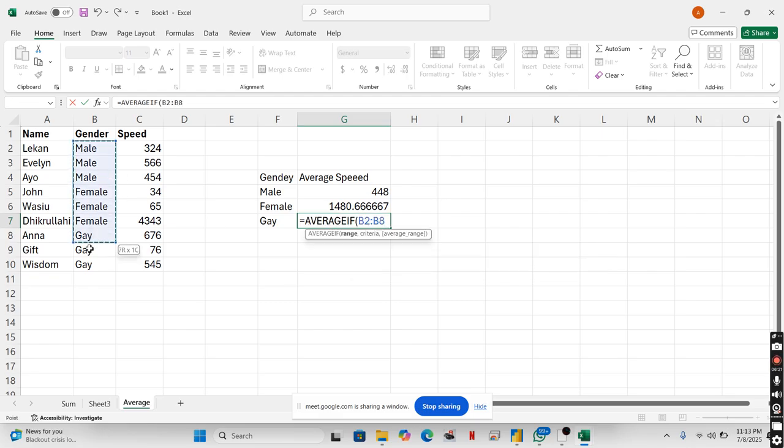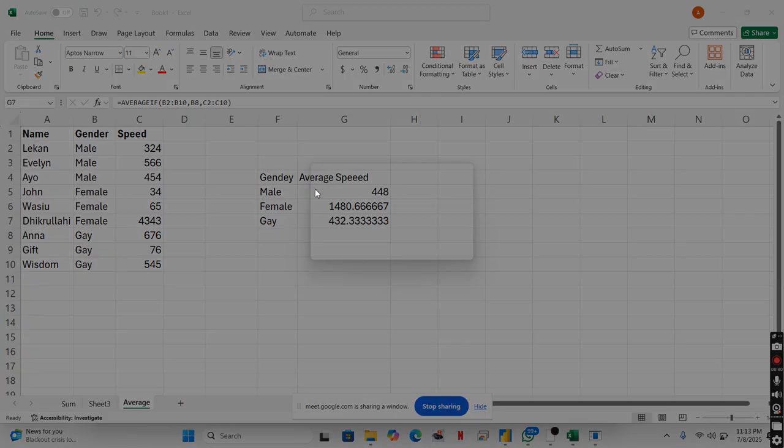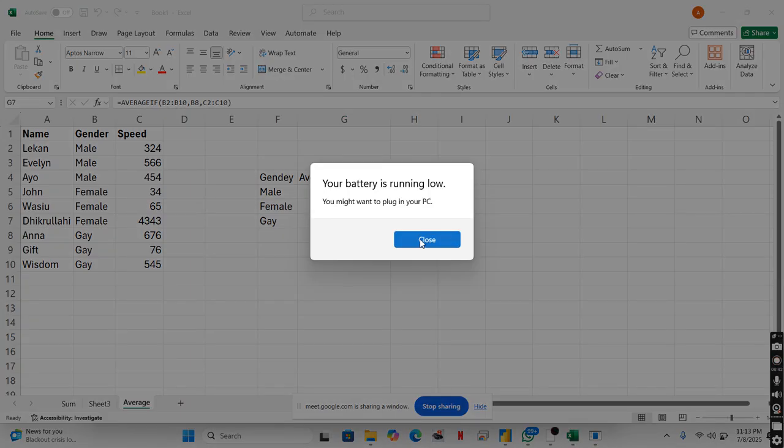Range, comma, criteria, average range, enter. Can you see? This is our average range for gay only, our average range for female only, and average range for male only. Oh sorry. So do you understand? So I'll give the